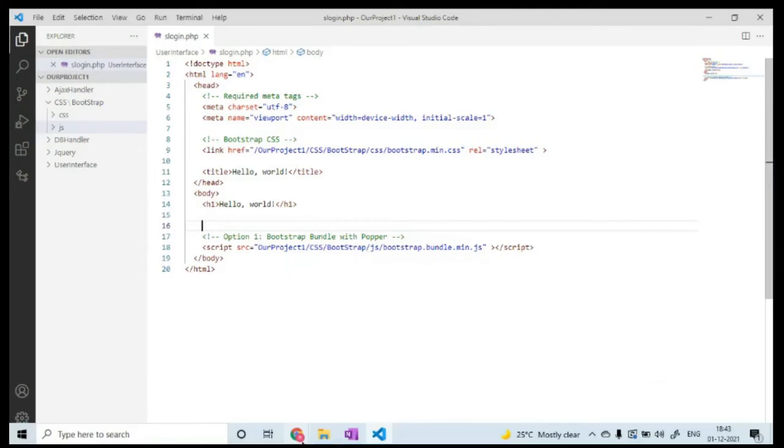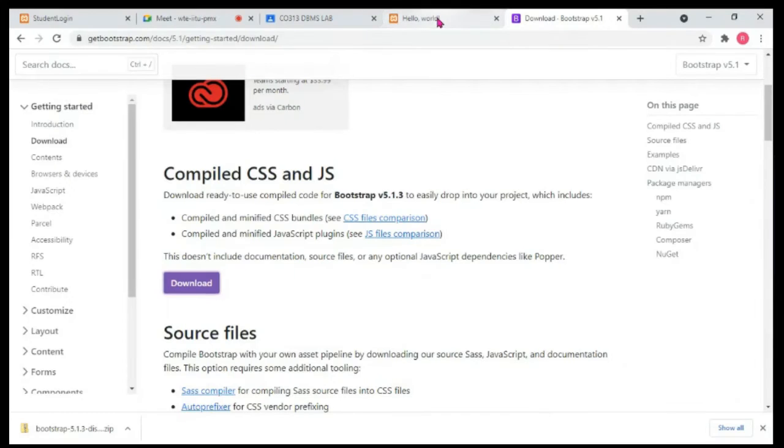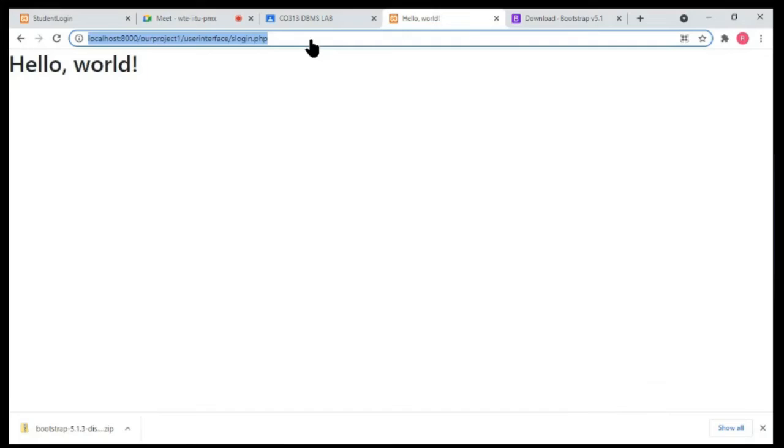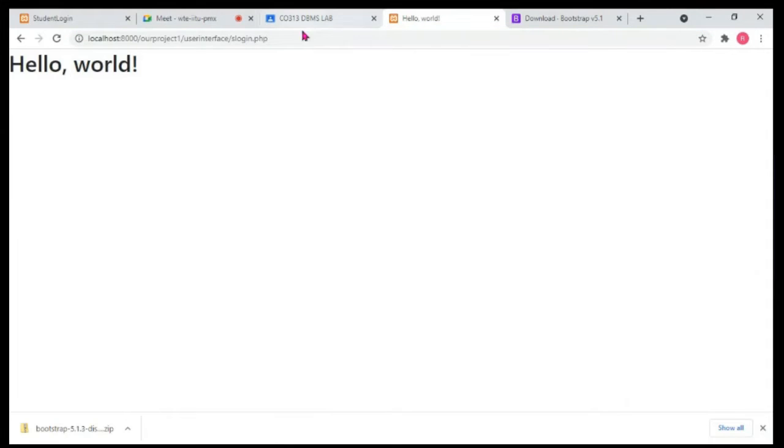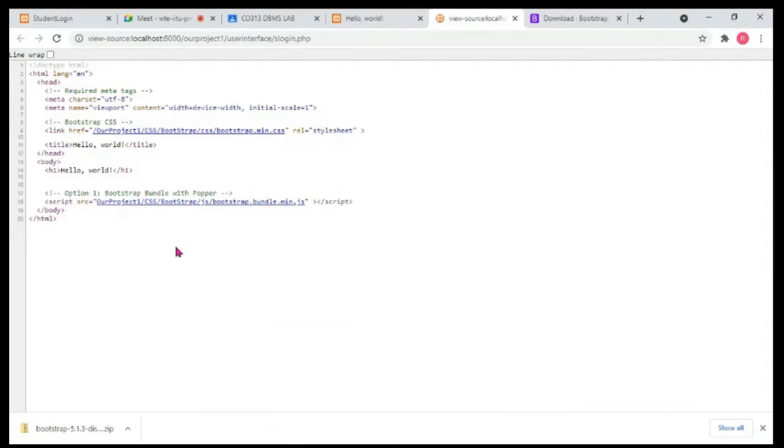I mean, let's see whether it gives us the output or not, or whether things are according to the way we want it to happen or not. Let's see. If I refresh this page, the output is the same. Now if I see the page source, we'll see that, in the page source, this is the